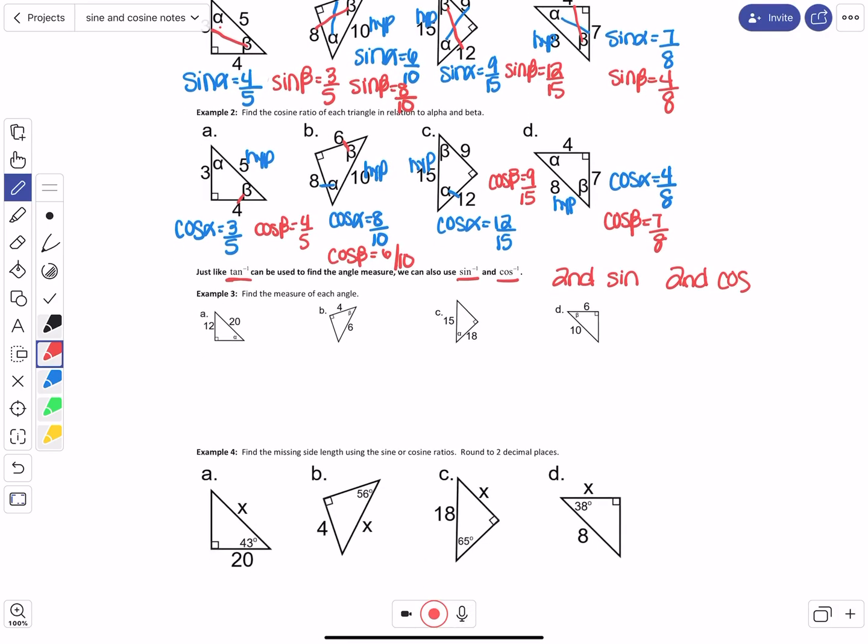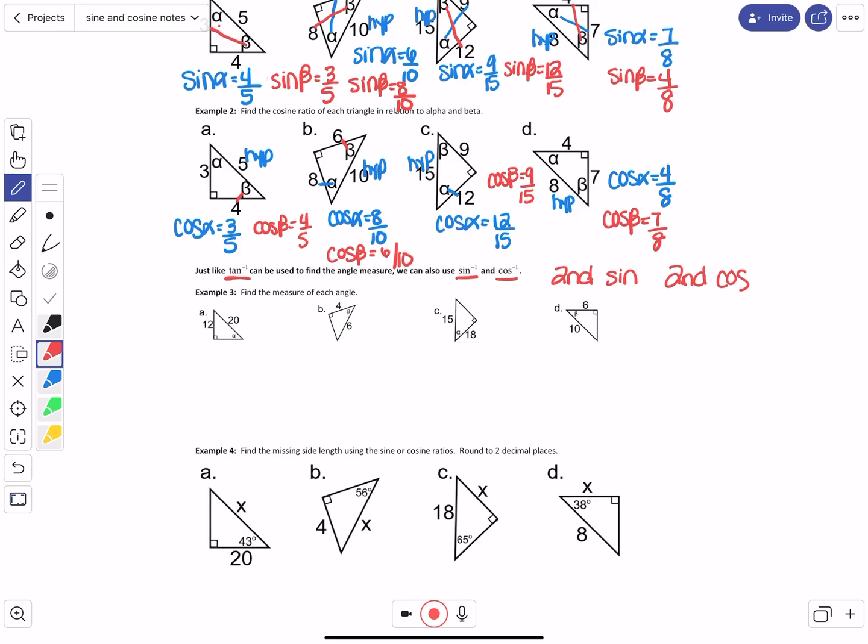Okay, so if we find the measure of each angle on these problems, I'm not telling you which to use. I'm not telling you to use sine or cosine. We have to figure that out based on whether the number is opposite or adjacent to alpha or beta. So for alpha,